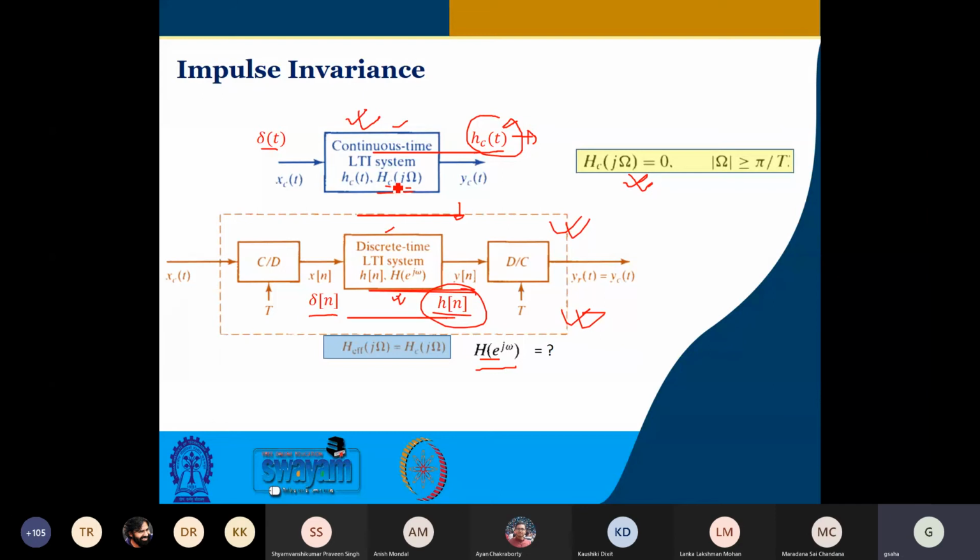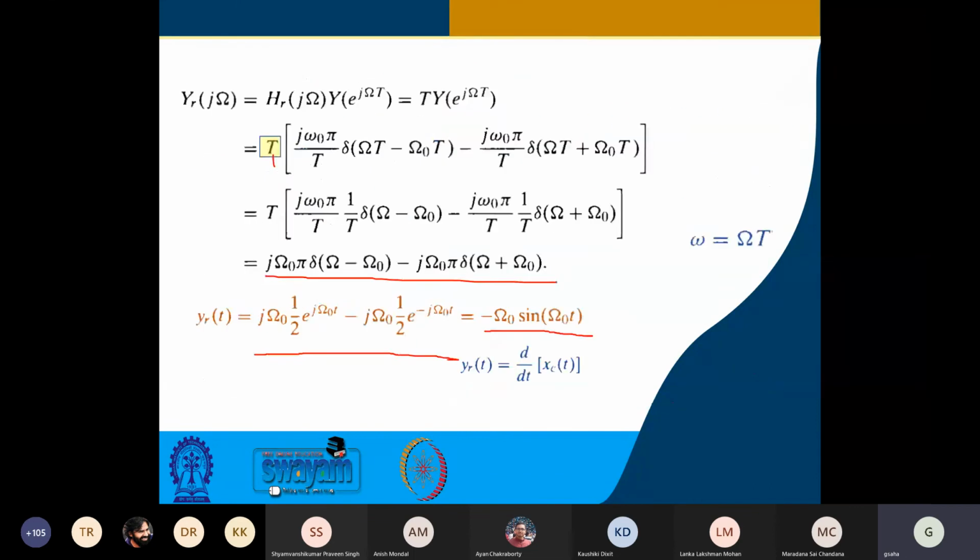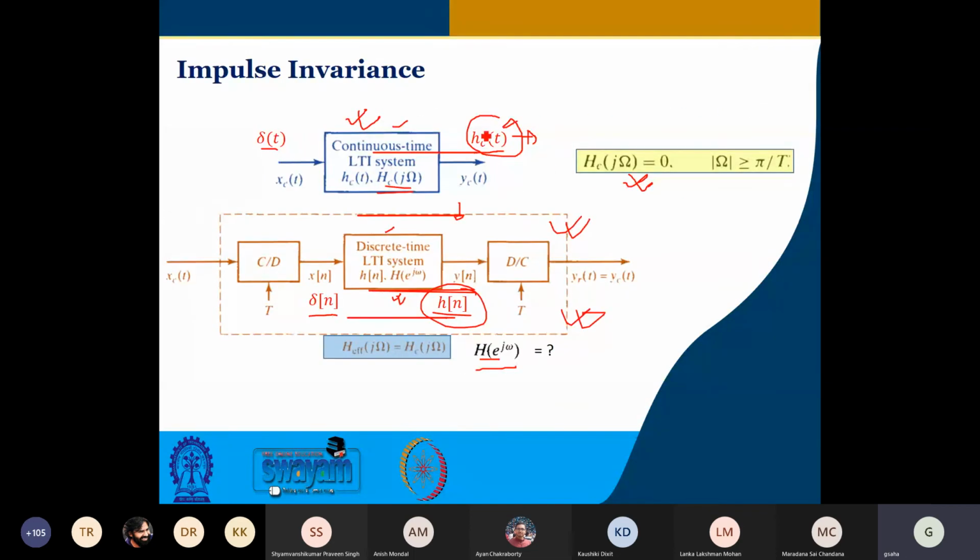One method is, of course, by whatever we have gone by derivation, integration by parts, etc. That also you can follow. Otherwise, the other method could be you take h_c(t), take its samples at capital T intervals, and multiply them by capital T. And using that as h[n], you realize it. So that h[n] will be convolving the x[n] over here to generate y[n], and the rest of the story is similar to whatever we have done before: reconstruction filter, pulse train generator, and all.